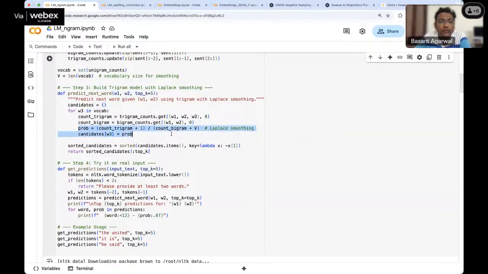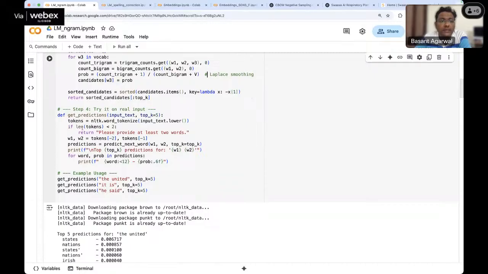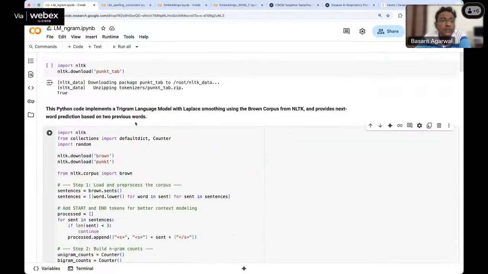And then this is the implementation of Laplacian smoothing, in which we add 1 in the numerator and plus V, the vocab size, in the denominator. Okay, and then we get the probability for the word W3. And then this is a function where we predict the next word based on the two words we have seen, and then we return. Okay, so if I run this,